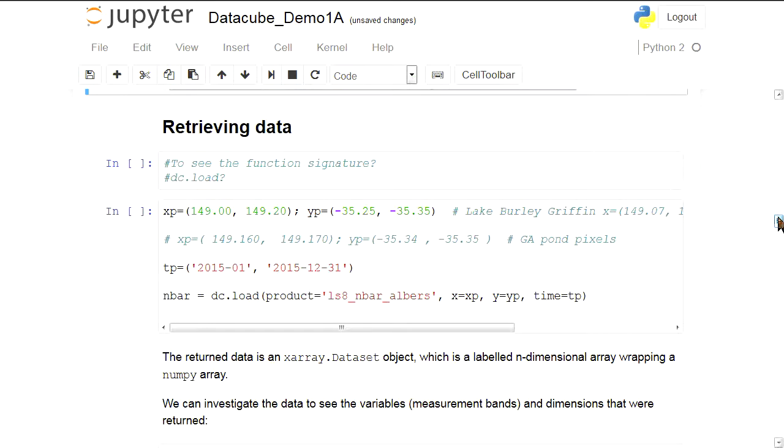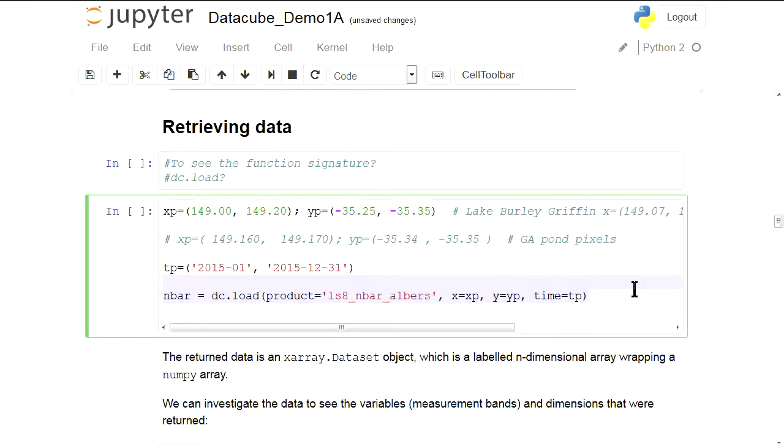All right. And in the next cell, I'm going to focus on a spatial temporal extent. Spatial is defined by the longitude and the latitude. The area I chose covers the Canberra region, because I want to show you Canberra's Lake Burley Griffin from satellite imagery.